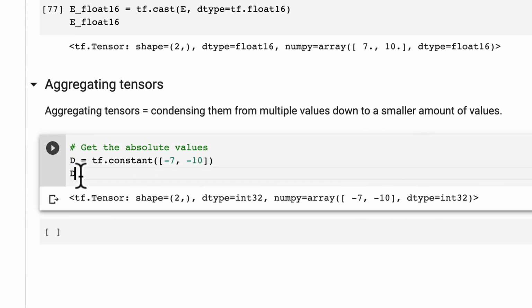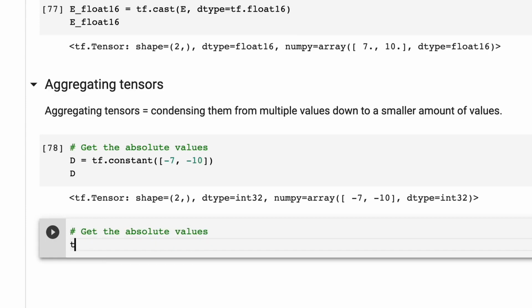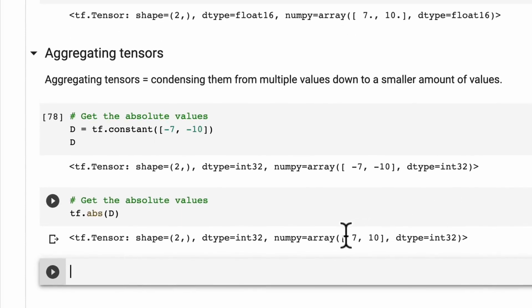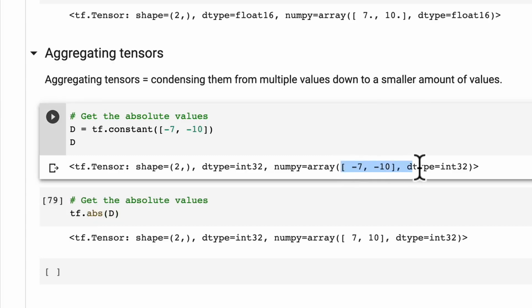So, we just created a new tensor, and if we wanted to get the absolute values, we can go tf.abs, and we'll see what this does. Beautiful. So the absolute values are basically just take all the negative numbers in one tensor and turn them into